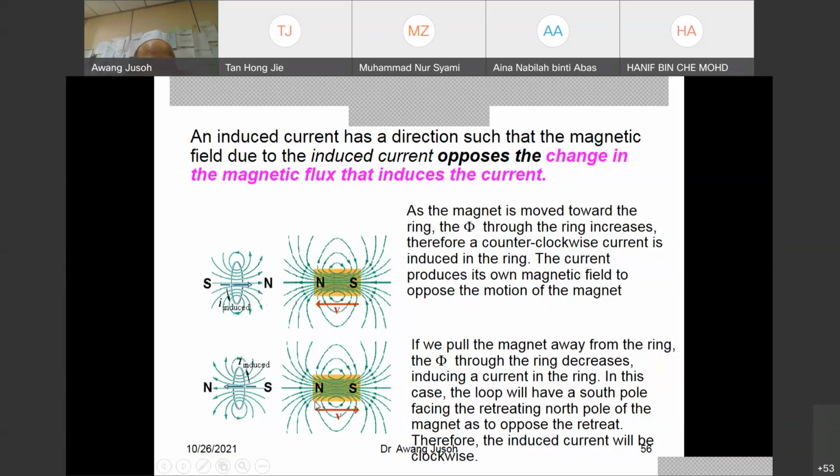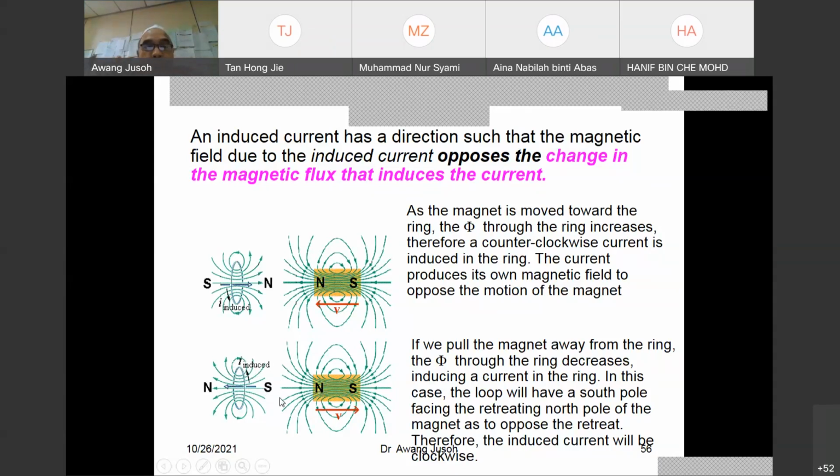If we move the magnetic bar away toward the right now, again Lenz's law states that when it moves away, it produces voltage also. It gets voltage, gets flux. The flux becomes a south pole there because it tries to attract back the field. It becomes a south pole. That's the definition of Lenz's law.